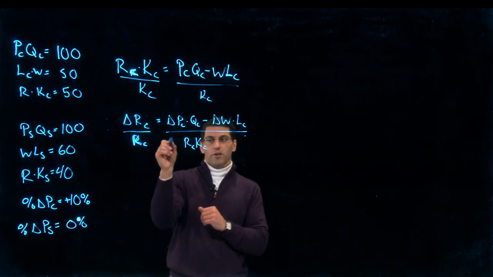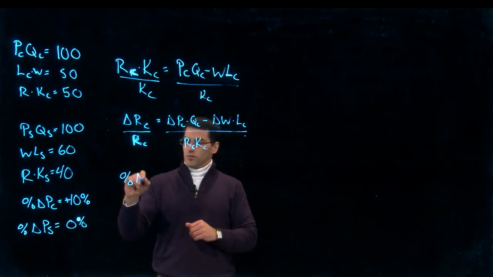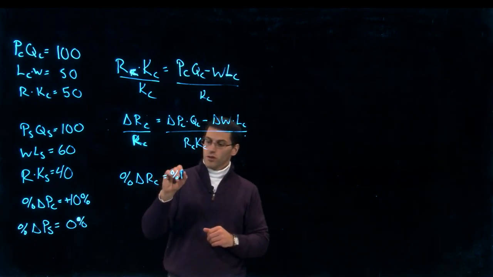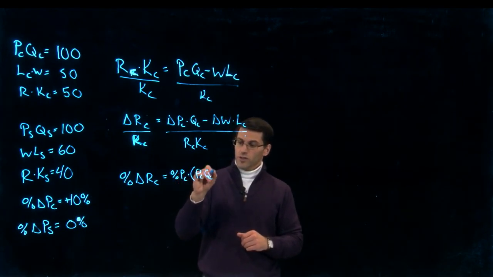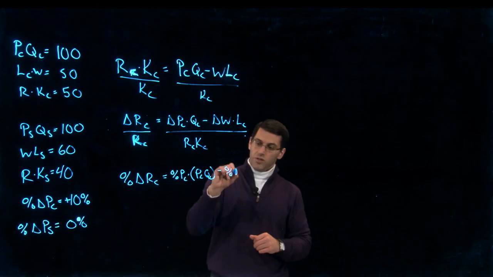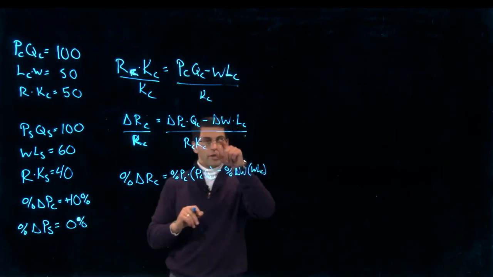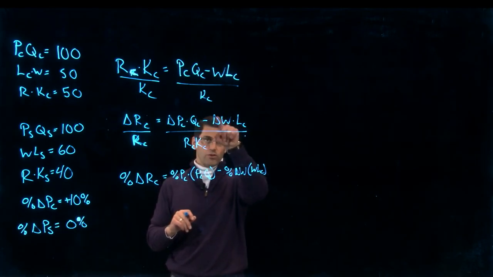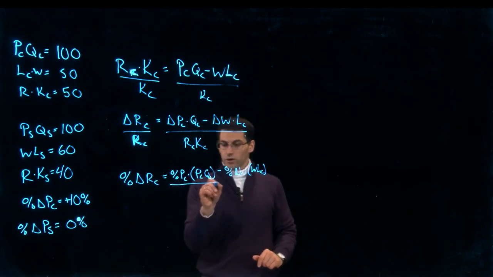So divide and multiply by the price of computers, and that turns that first term into the percentage change in the price of computers times PCQC, minus percent change in the wage times WLC, because likewise we're going to divide by W and multiply by W. Dividing by W here turns this into the percentage change in the wage, and multiplying by W makes this WLC, all over